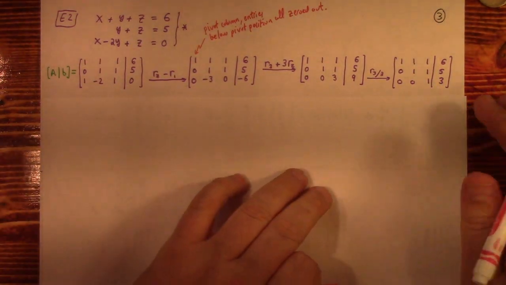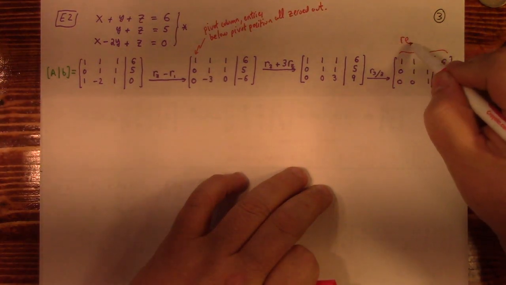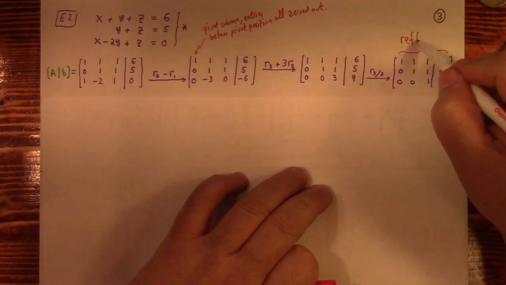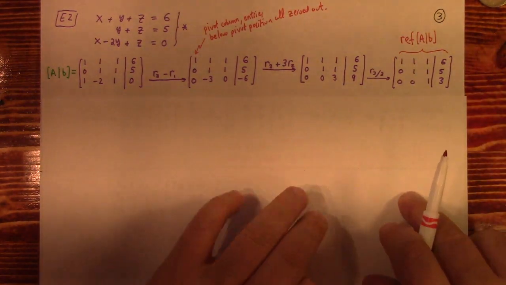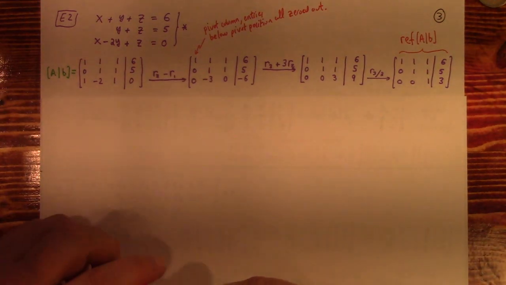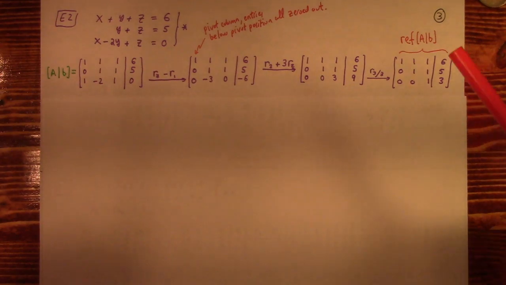Technically speaking, guys, this is what you might call the REF of the matrix we're reducing. Okay? Now, REF is just reduced echelon form. Echelon's just a fancy word for stair step. So it looks like a stair step,